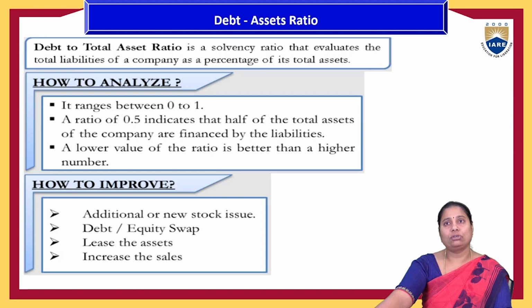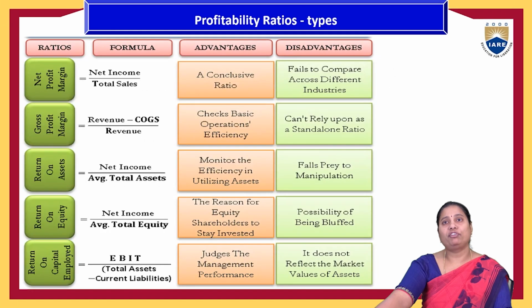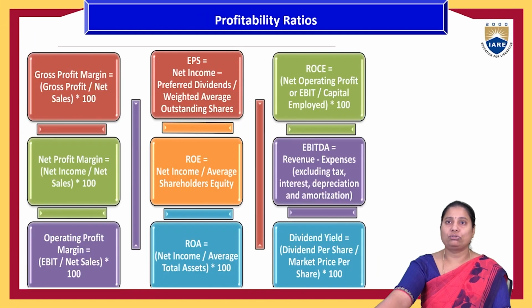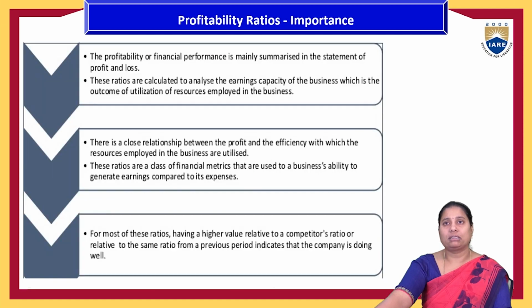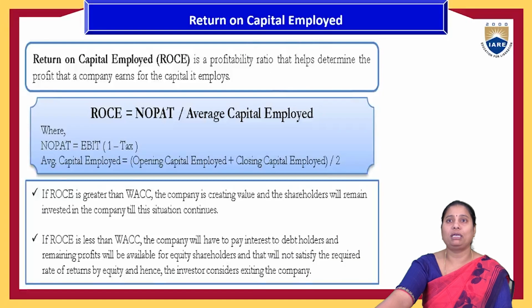with the help of the capital structure ratio or the solvency ratio. And they take the profitability ratios, meaning gross profit ratio, net profit ratio, earnings per share, return on investment, earnings before interest and tax, and the overall profitability position of the organization can be calculated with the help of these